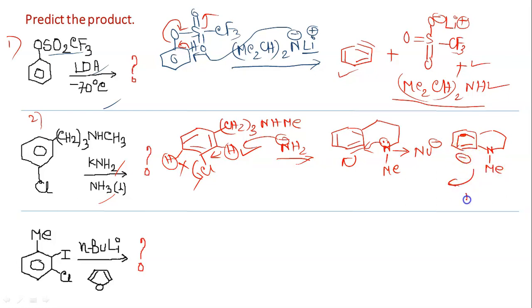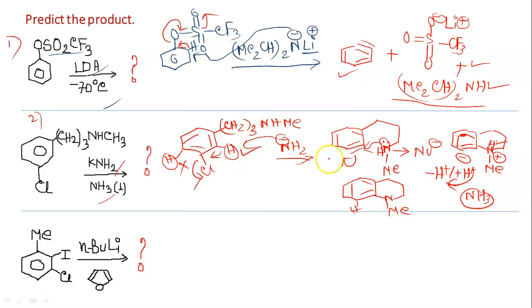And finally there will be protonation by NH3. Or you can also think in this way, that nitrogen is now protonated. It may be protonated by NH3 also. Another way you can think is that this hydrogen will come to here. So it is minus H plus, plus H plus, deprotonation and protonation. So finally what we are getting? Hydrogen here, and nitrogen is neutral now.